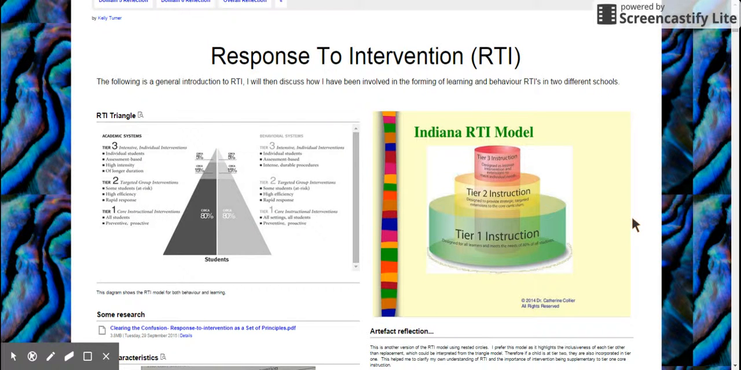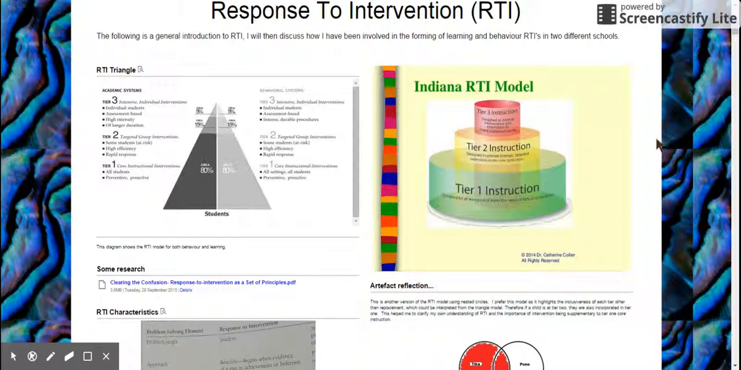Okay, this is my response to intervention page, or RTI for short. This was just a fantastic learning experience, and I love RTI. I think it is something that a lot more schools should be looking at. So I start off with